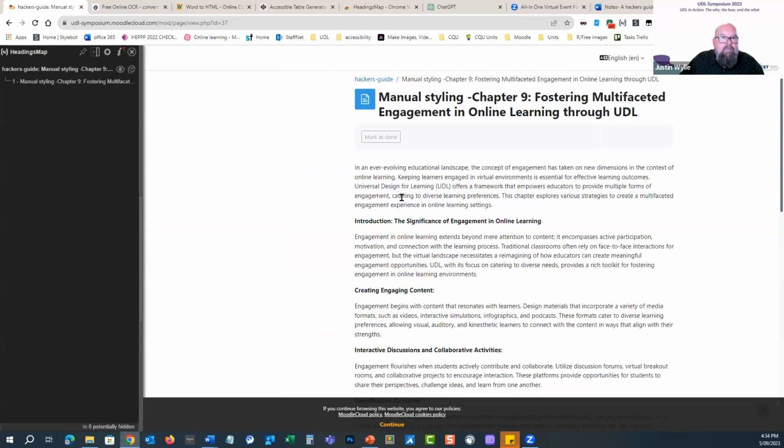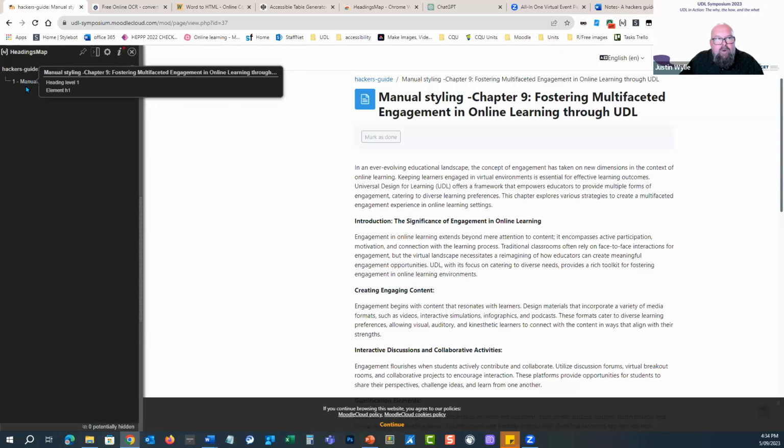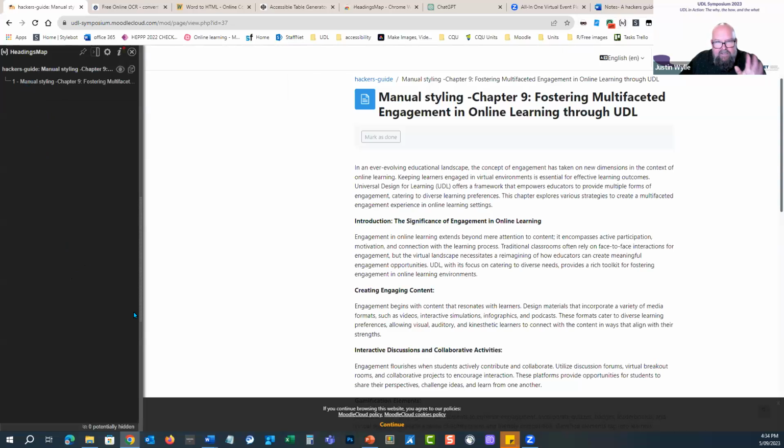extension for browsers, and I believe it's available for Firefox and Edge as well. And this one here is called Headings Map. And what it does is just shows you all the headings in a document. And this is the big thank you to Darren Britton, who showed me this. And it's a great way to be able to see if you've included all the headings that you are required